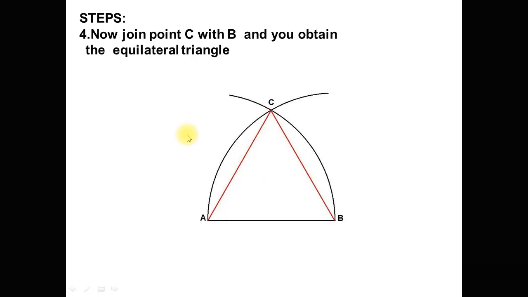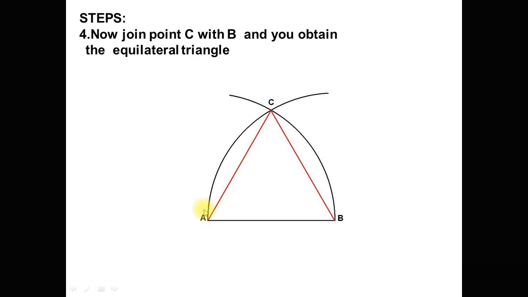So dear students, an equilateral triangle is that triangle in which the lengths of all 3 sides are equal. So for the construction of this equilateral triangle, you have the length of one side. First of all, draw the line AB, which will be considered as a base, and then open the compass at this point A up to point B and draw this arc. Then put the compass at point B and open it to point A.